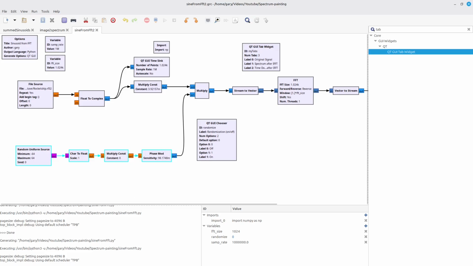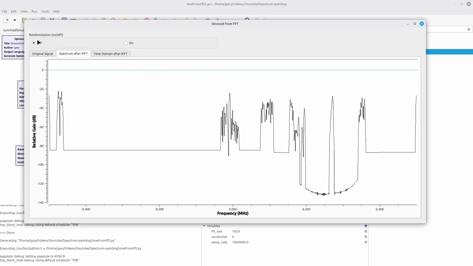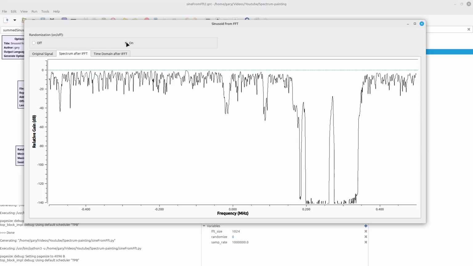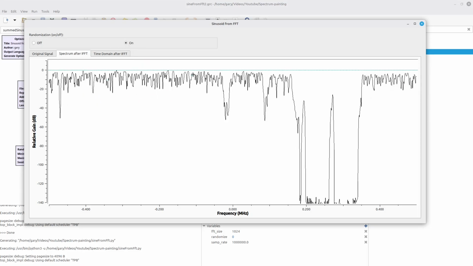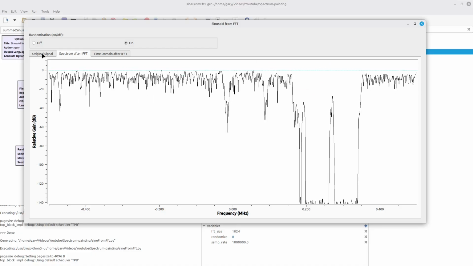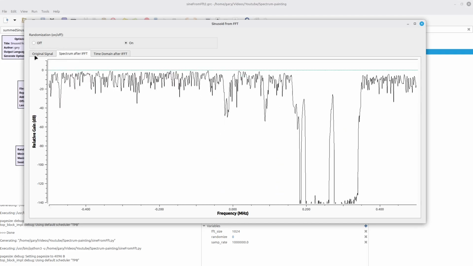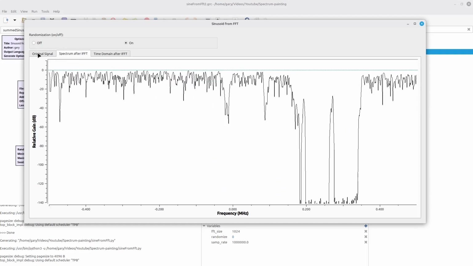Coming back to my original signal, once I invoke the phase randomization, that's what this little randomization button does. When I turn it on, notice that, yes, I've got this noise on the peaks of my signal now, but when you look at it compared to the original signal, it looks a lot more like it did before.